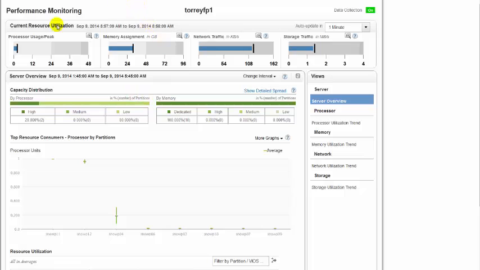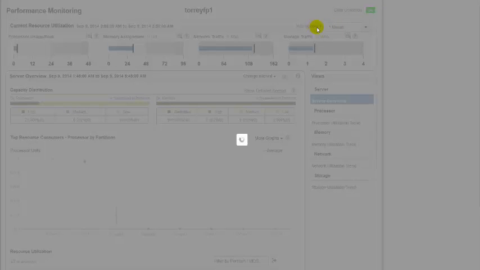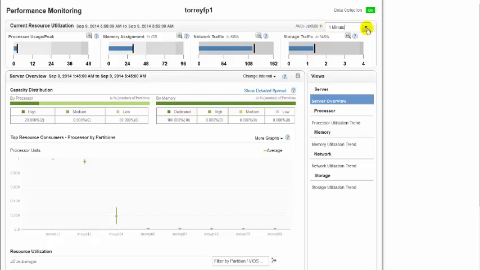In current resource utilization, it shows the current usage of each resource for the time interval specified in the auto update field. User can select a different interval here, but as it's a current usage, the intervals are short, maximum 15 minutes.